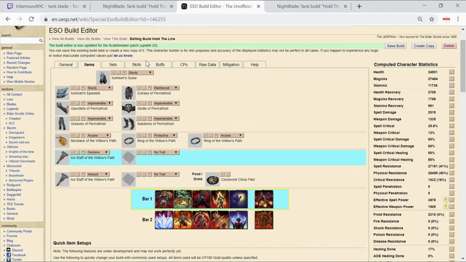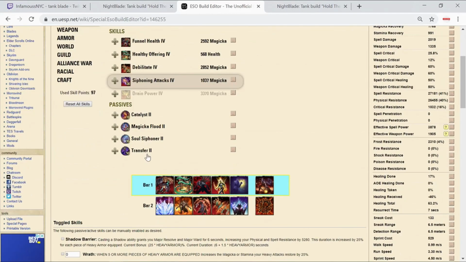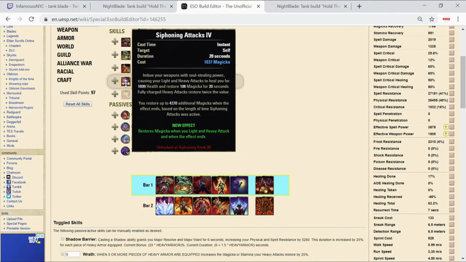Oh, I remember I was using, where is it? I was using siphoning before, so I swapped out siphoning, which does heal you every time you do a light and heavy attack, and so basically structured entropy would replace the healing that was missing that I would normally receive